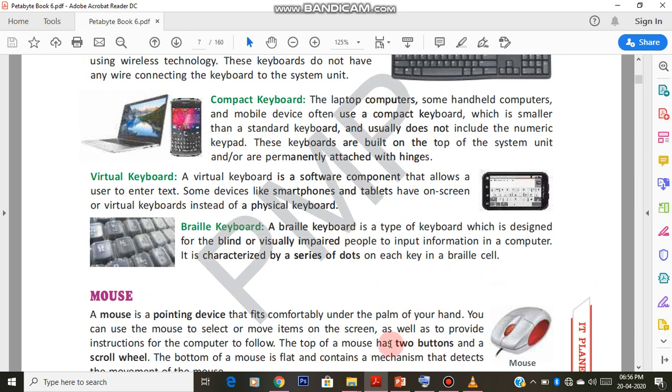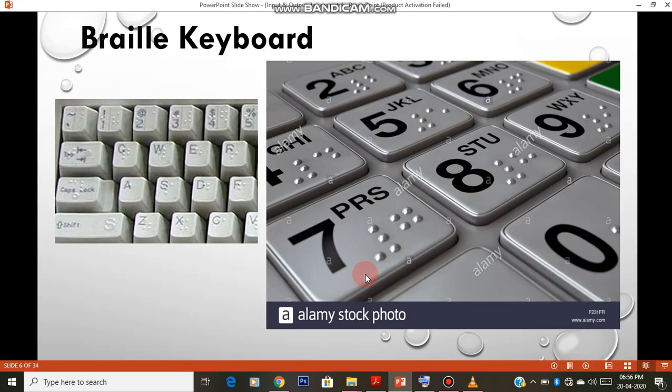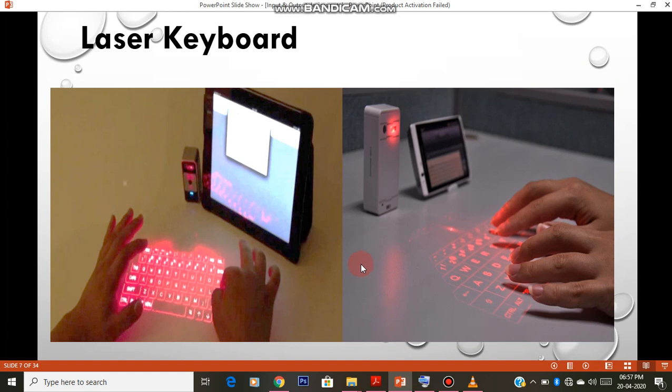One more type of keyboard I would like to show you. It is the laser keyboard. There will be a device kept here, and through this the laser will be passed that creates a pattern of a keyboard on your flat surface. It can be a table or it can be the floor, and it should be flat enough so that you can touch it. By touching it you can type.